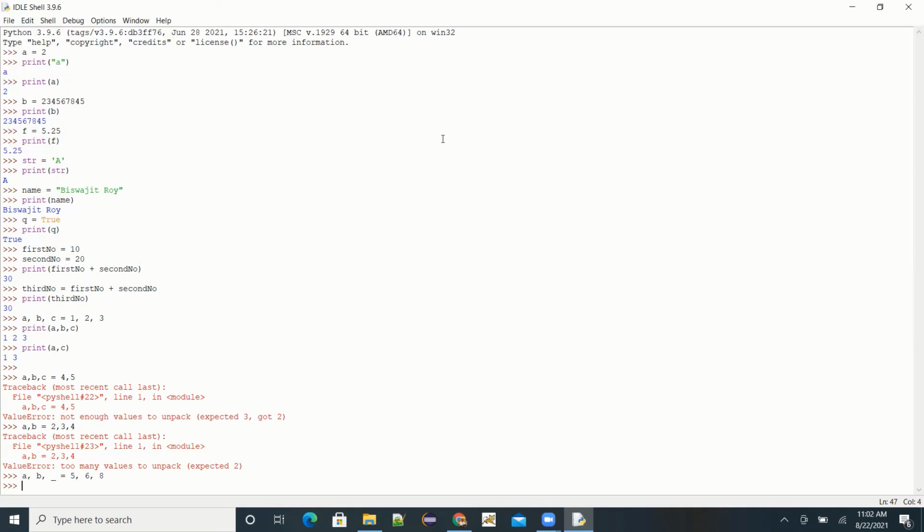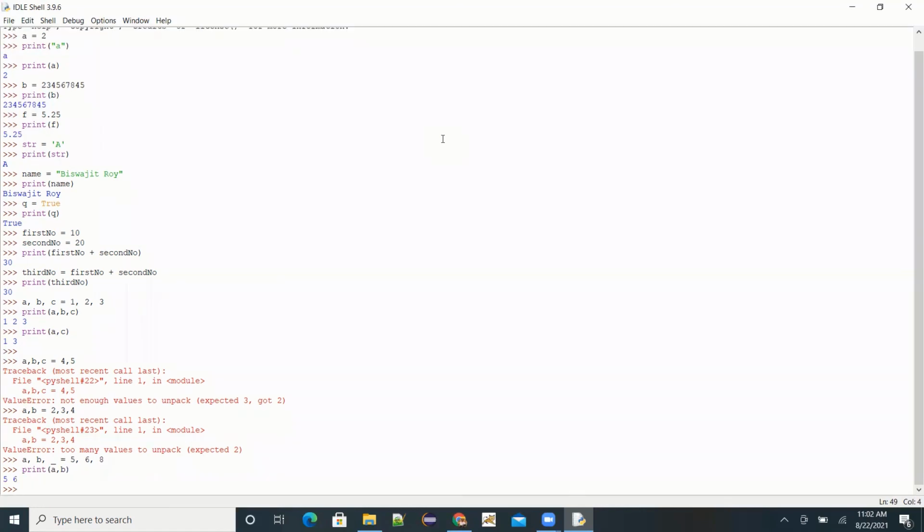So that underscore means there is an arbitrary variable where the value will be assigned, and that is a dummy variable which can have any name, but it is conventional to use the underscore for assigning unwanted values. Now we can easily print A comma B.